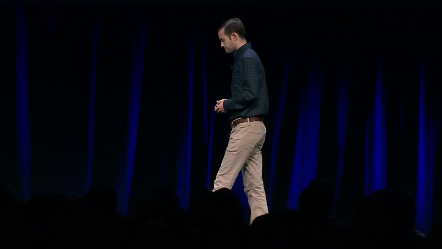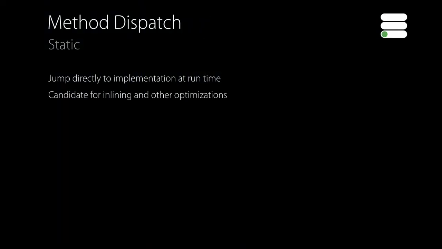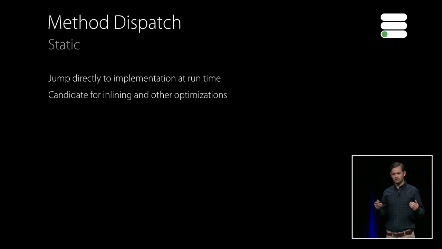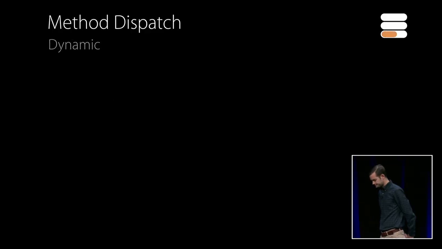All right. Let's move on to our final dimension of performance, method dispatch. When you call a method at runtime, Swift needs to execute the correct implementation. If it can determine the implementation to execute at compile time, that's known as a static dispatch. And at runtime, we're just going to jump directly to the correct implementation. This is really cool because the compiler is actually going to be able to have visibility into which implementations are going to be executed. And so it's going to be able to optimize this code pretty aggressively, including things like inlining. This is in contrast to a dynamic dispatch.